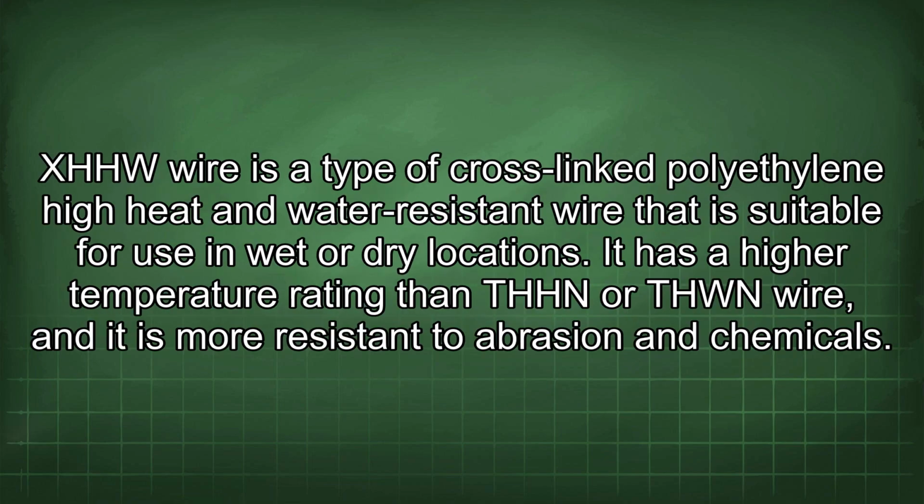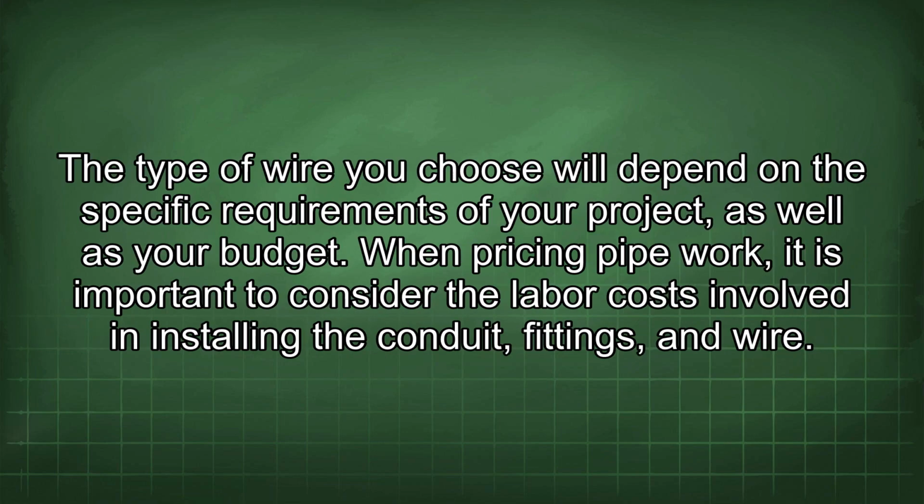XHHW wire is a type of cross-linked polyethylene high heat and water resistant wire that is suitable for use in wet or dry locations. It has a higher temperature rating than THHN or THWN wire, and it is more resistant to abrasion and chemicals. The type of wire you choose will depend on the specific requirements of your project, as